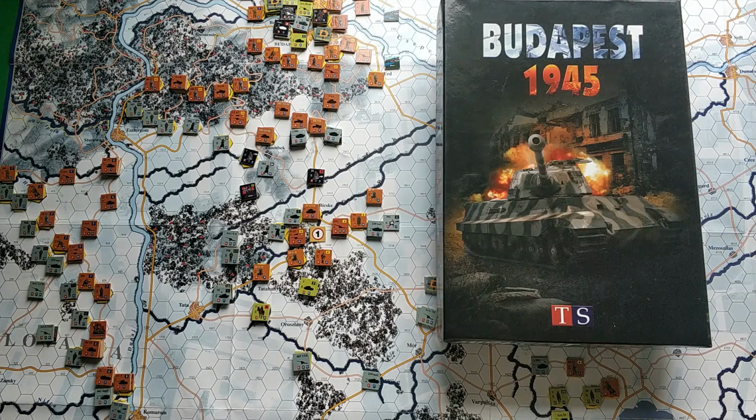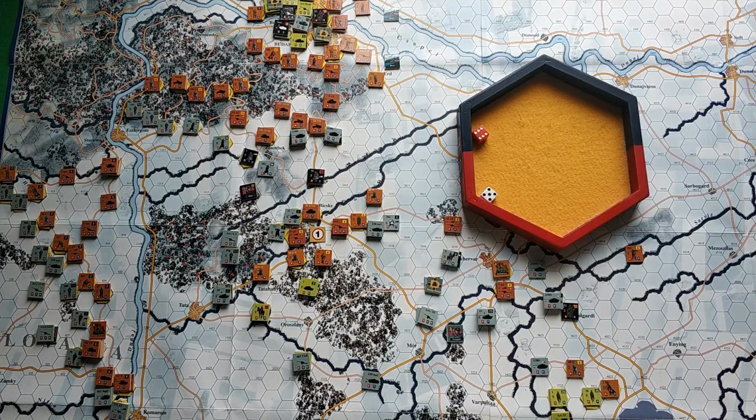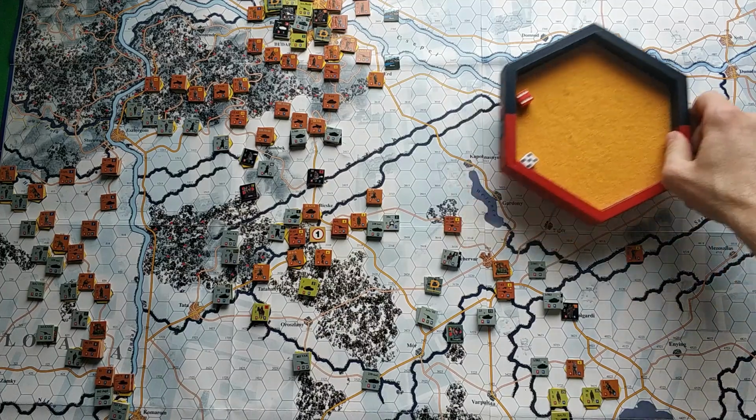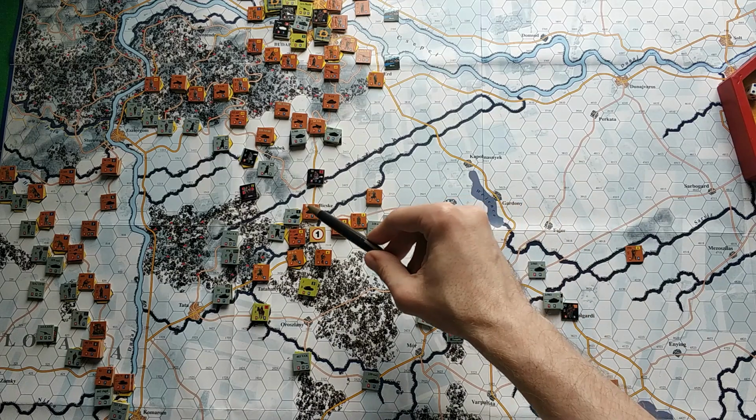Hello and welcome. This is the second part of my playthrough of the Budapest 1945 game, Konrad 2 Operation scenario. In part 1 I went through turns 1, 2 and 3, and so far the Germans aren't doing very fine. They suffered some losses and their progress is not very big. Their biggest success is probably the fact that they are pretty close